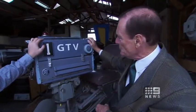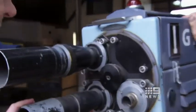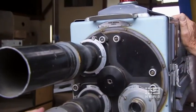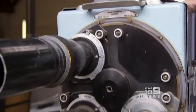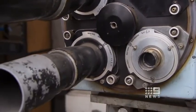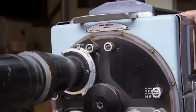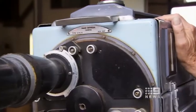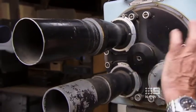So you can imagine the workload that these beautiful little babies did. And look at that, isn't that exciting? Three lenses: telephoto lens, close-up lens, medium shot lens, fantastic. And we used to mug into those night after night. And they literally had to turn around to be the active one. You couldn't zoom in and out like you can now. No, you could not, and the director upstairs would have to cut away from this while you turned the